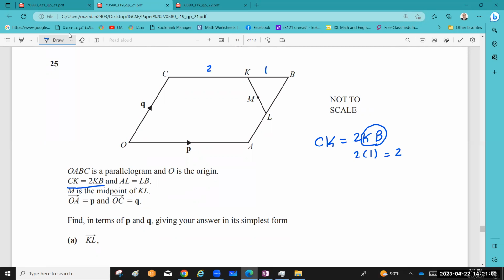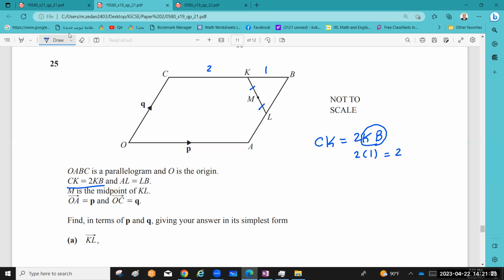Where is KL here? Yeah, M is the midpoint. These 2 parts are equal. And OA is P and OC is Q. The question is, find in terms of P and Q, giving the answer in the simplest form, the vector KL. Go to the vector KL. The vector KL, as you see,